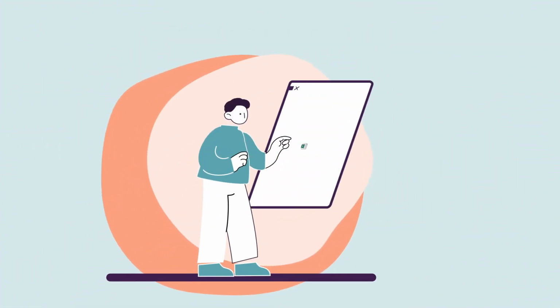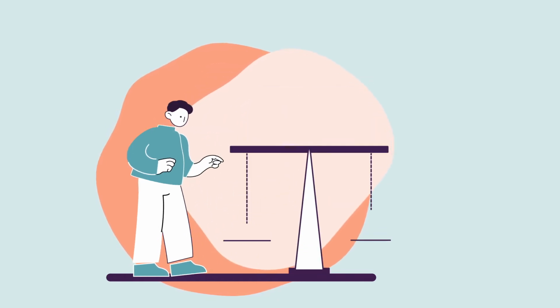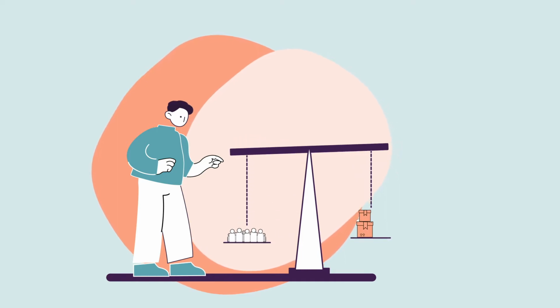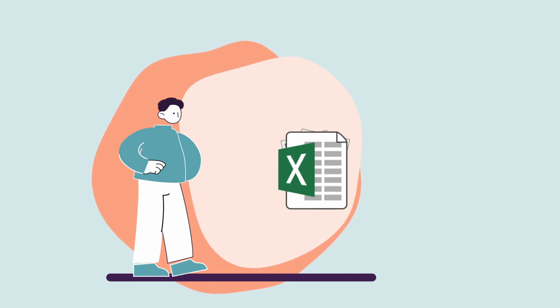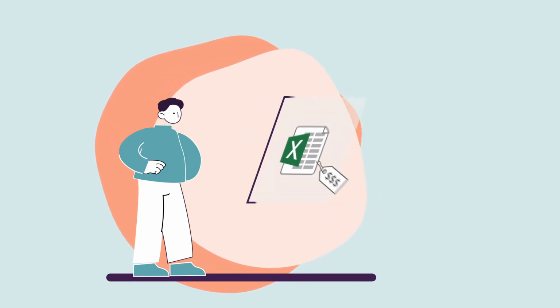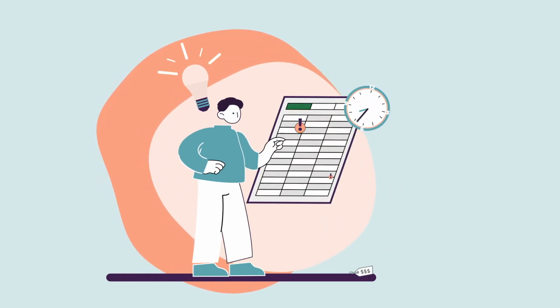As a planner, you may have to resort to using Excel for creating and managing your plan, to balance the needs of your customers against your stock, and to create supply orders. Although Excel is flexible and free and seems an easy way out, it carries a high price tag at the end. Planners using Excel typically have to put in more hours to get the same work done, at a greater